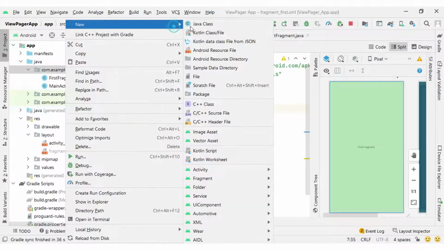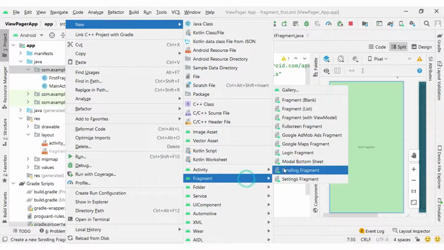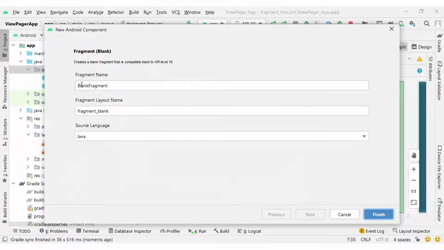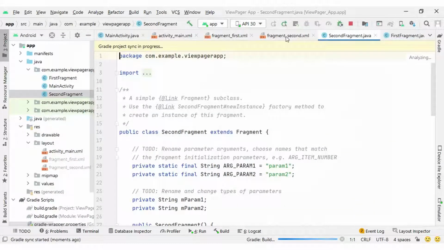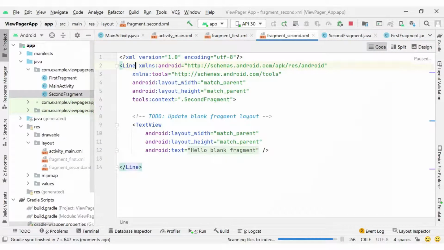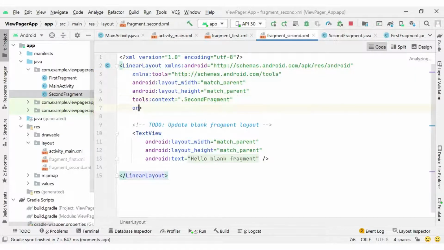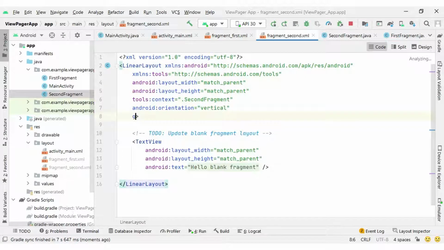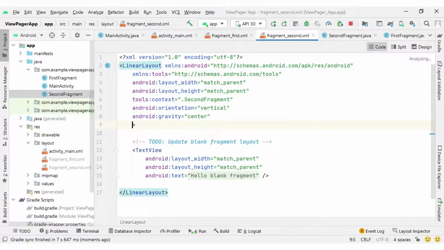Next I am going to create the second fragment here, and the name of the fragment I will set as SecondFragment, finish. Again I will repeat the code: LinearLayout with orientation vertical, gravity center and a background color.